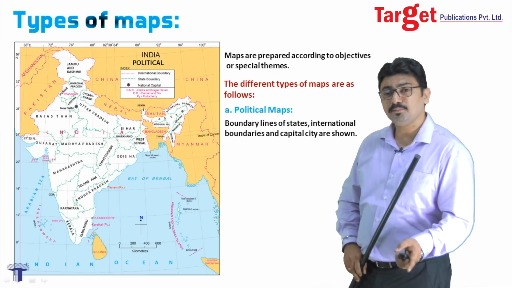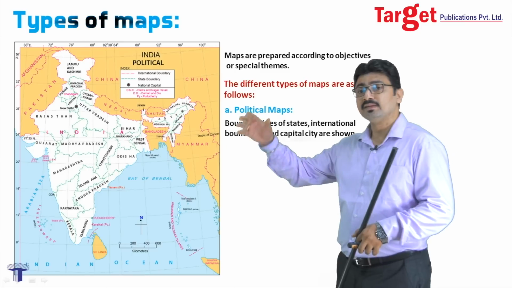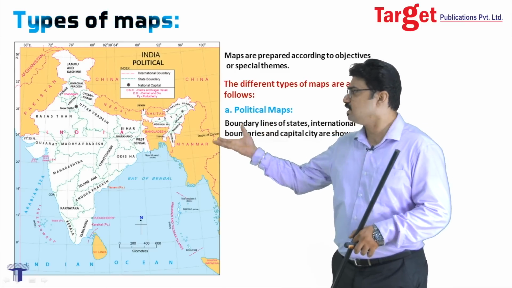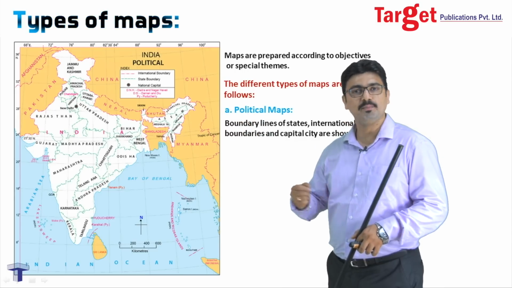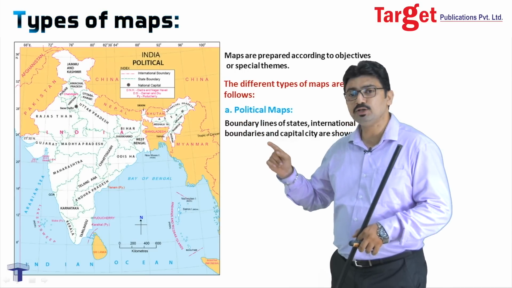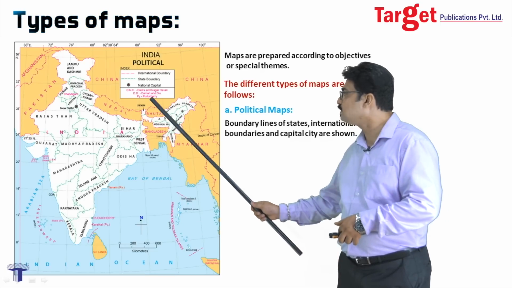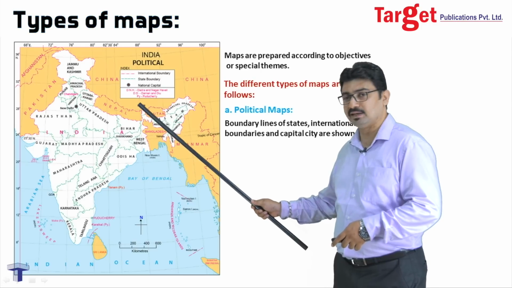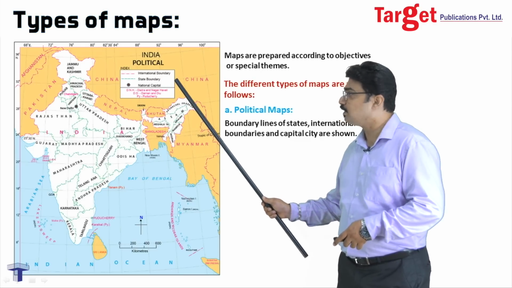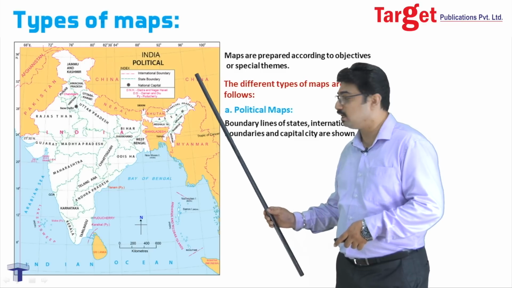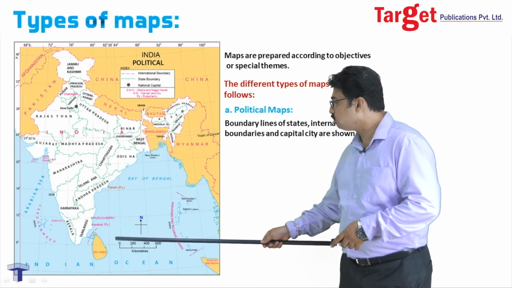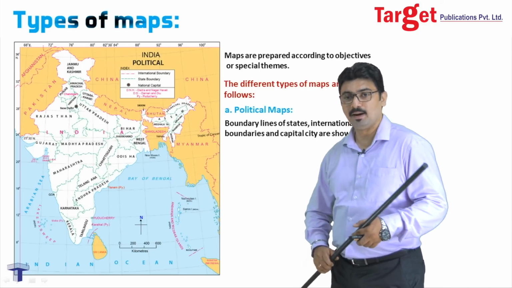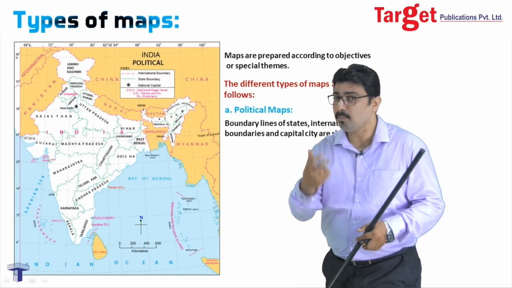Political maps, for example. Political maps are only based on the regions, how the country is divided for governance. Like India is divided into various states for the purpose of better governance. A political map will show you all the important state boundaries. It will show you all the important cities, including its capital city. It will also show you the neighboring countries of India, as well as the water bodies which share a common boundary with our international boundary. So, this is known as a political map.